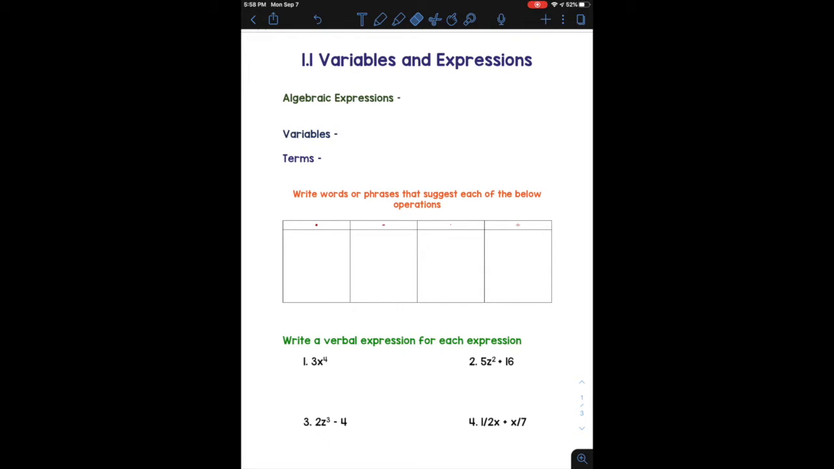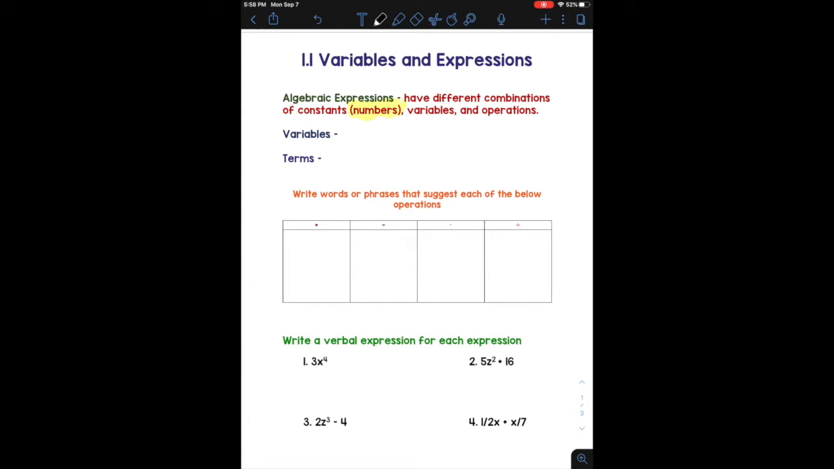Okay guys, in this lesson 1.1, variables and expressions, we're going to discuss what an algebraic expression is, what it looks like, and different words we could use to describe algebraic expressions. So an algebraic expression has different combinations of constants, which are just numbers, variables, and operations. So it's basically any combination of a math expression that uses adding, subtracting, multiplying, and division most often,